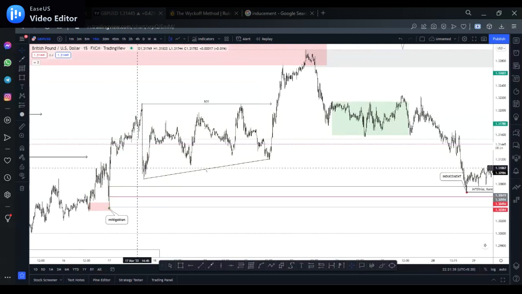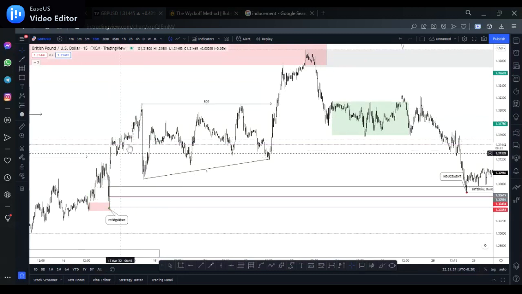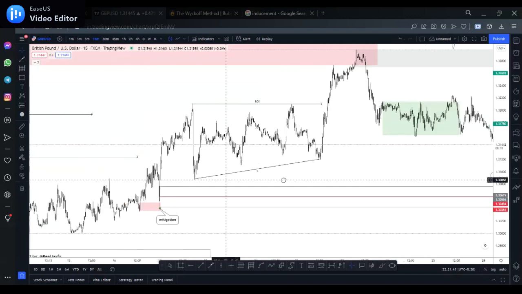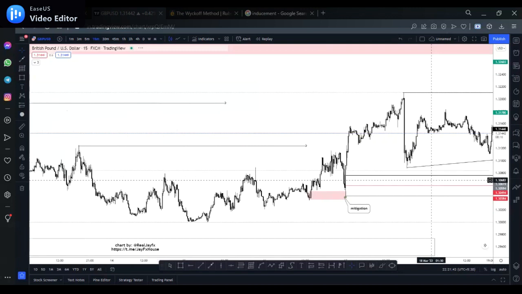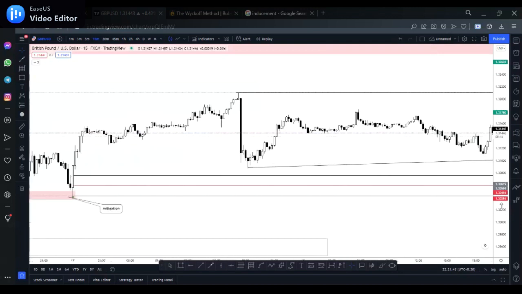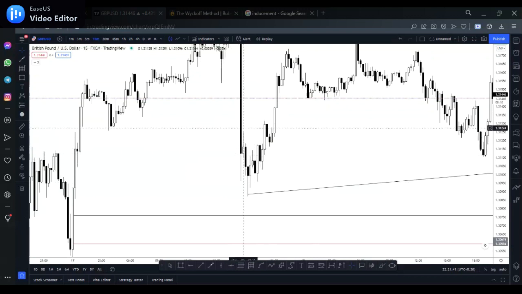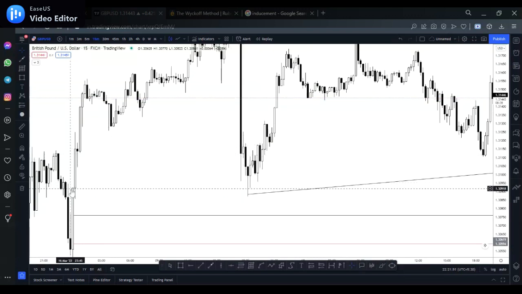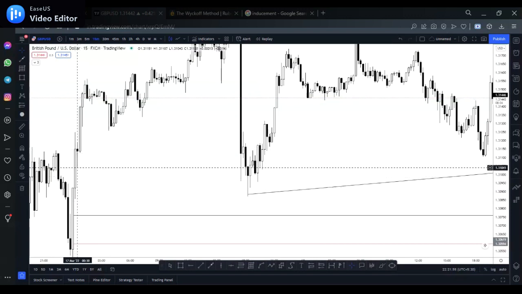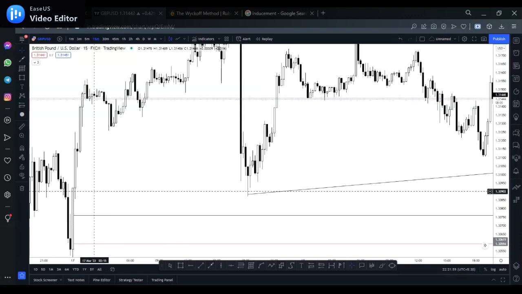Okay, so this was a break of structure. This was the pullback to grab liquidity. This was the liquidity that was created here. Now they grab this liquidity, and you can see clearly there would always be a stop hunt of early buyers. So you could see the return, which never got into this other block. There was another block within this week. They came back down, took out this liquidity, internal range liquidity here and here.